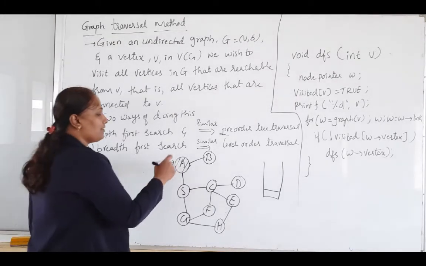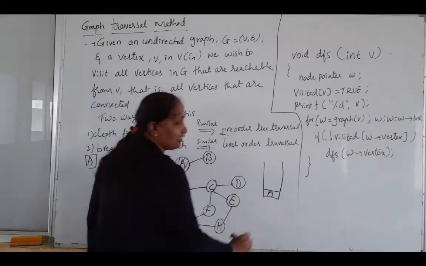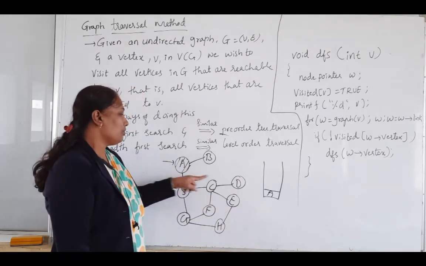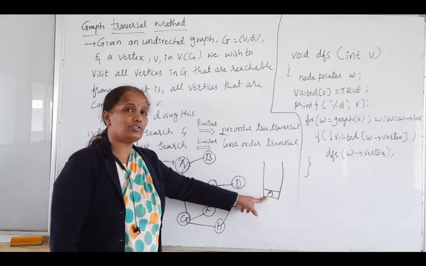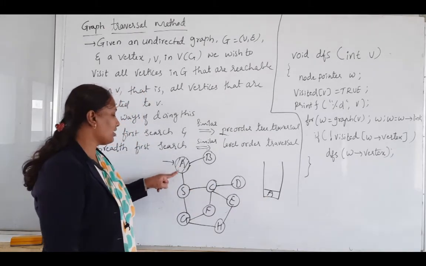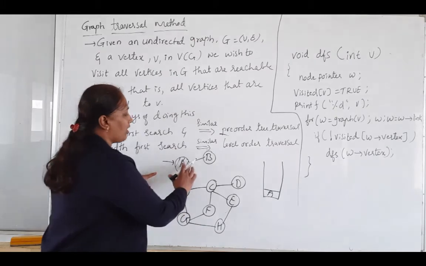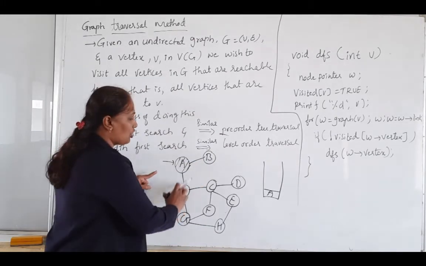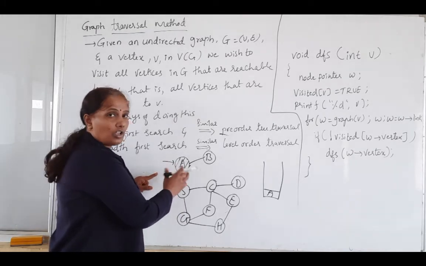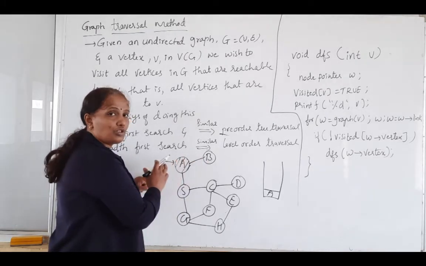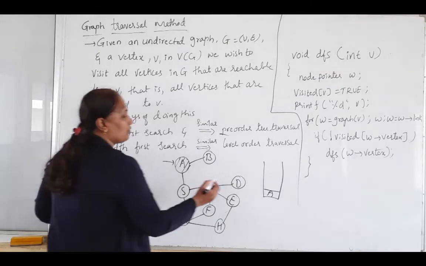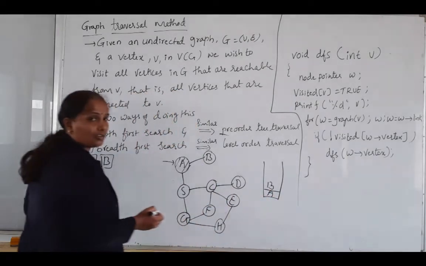Once I have visited this, I will make an entry of that in the stack. So what is the top of the stack now? It is A. So I should check the connected vertices of this top of the stack element. What are the connected vertices for this A? One is B, another one is S. So two vertices are there. Which one are you going to consider first? Based on the order they occur, I am going to visit B. So I will push that in the stack.